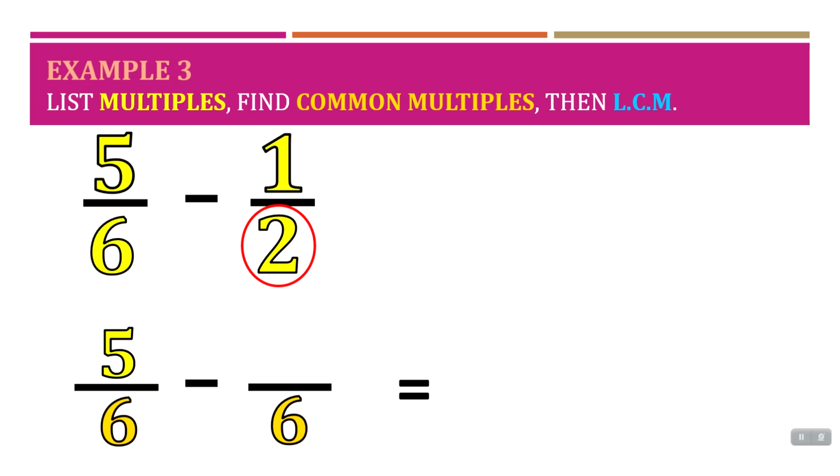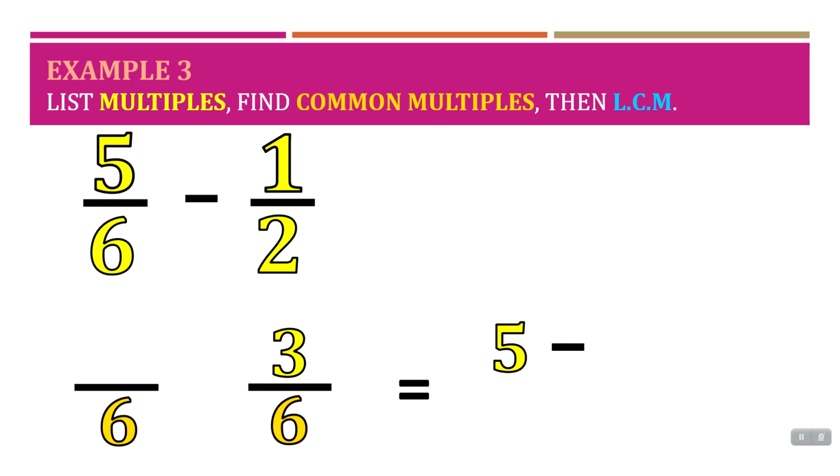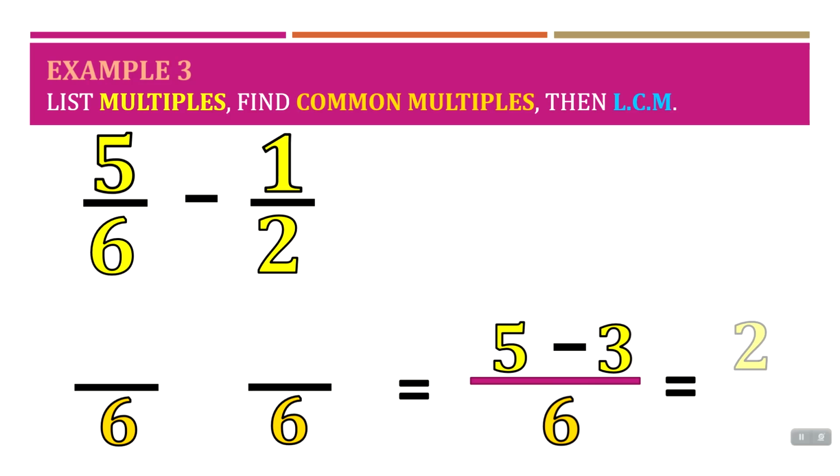Now we say 2 times what gives us 6. We know 2 times 3 is 6, so 1 times 3 is 3. We've converted 1/2 now into 3/6. Now we have 5/6 take away 3/6, and we know we just take the numerators and subtract them, and we keep the denominator the same, and our answer is 5 minus 3 is